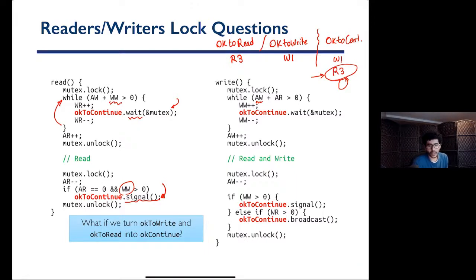Even if that was guaranteed, it could be that we have W1, R3, and then W2, maybe, right? So then R3 would get the signal instead of W2, and you would have the same problem. Let's say W1 goes, and now R3 and W2 are here, and then you would have that problem. But again, generally speaking, you should not make any assumptions on the order of signal. So usually the thread libraries who provide condition variables only provide features like if you are waiting,